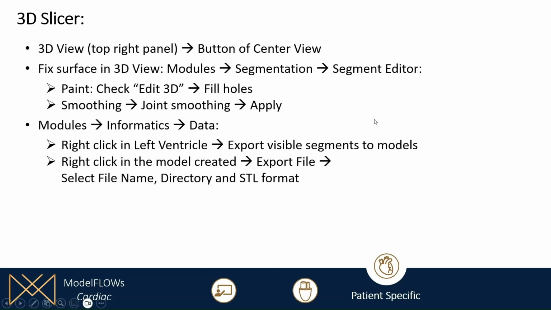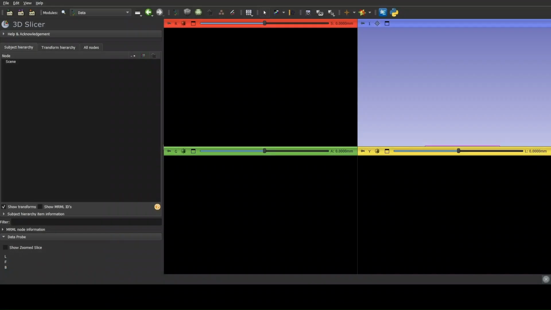And finally, we're going to also fill some holes or do some smoothing to create the smooth surface that we need for our simulations. Because of course the clinical data has some discrepancies, so you don't get fine and smooth geometries. And finally, we're going to export this data as STL files. So if we go now to Slicer,